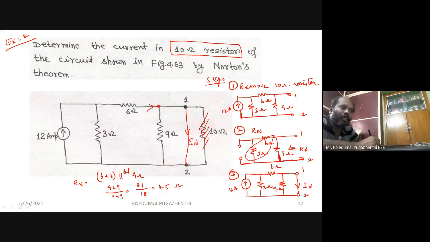இந்த நோட்ல இது வரைக்கும் ஒரு கரண்ட் வரும், 6 ஓம்க்கு அப்புறம் வரும். அந்த கரண்ட் மினிமம் ரெசிஸ்டன்ஸ் பார்த்து தான் சூஸ் பண்ண ட்ரை பண்ணும். அப்போ இந்த 9 ஓம் ரெசிஸ்டர் வழியா கரண்ட் போகாது. அப்ப 6 ஓம்ல என்ன கரண்ட் போகுதோ அதுதான் IN. அப்ப இது கரண்ட் சோர்ஸ் தான். I can use the current division rule. What is the current division rule? 6 ஓம் வழியா போகக்கூடிய கரண்ட் தெரிஞ்சா போதும். Opposite resistance, IN is equal to opposite branch resistance 3, total resistance 3 plus 6, into the total current. 1/3 into 12, which is equal to 4 amperes.